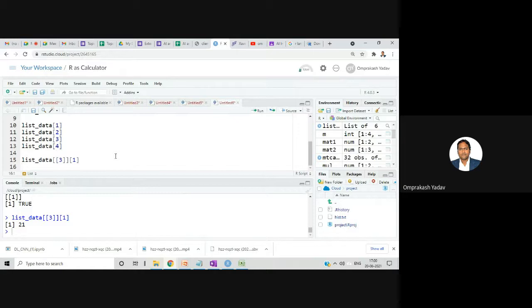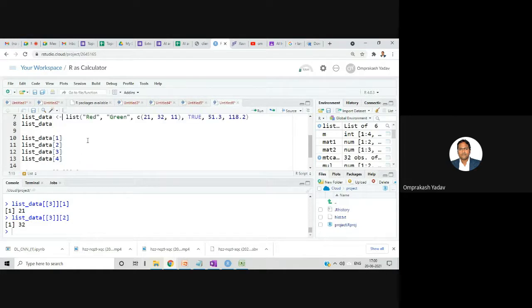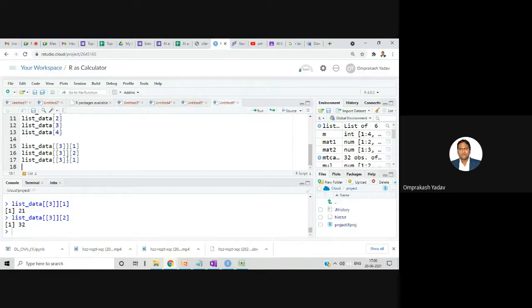Similarly, if I say 2, right? So it's giving me 32. So there is a 32 number, right? This one. Similarly, I say 3, I'll get the third number. So just remember this particular syntax is a little bit different, but this is how we can access if there is some other vector there, right? So in this way we can access all the elements from within that particular vector.